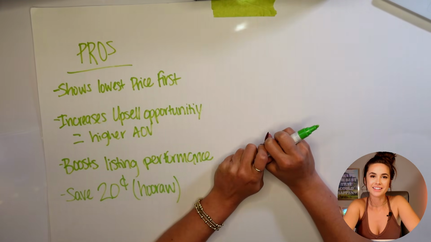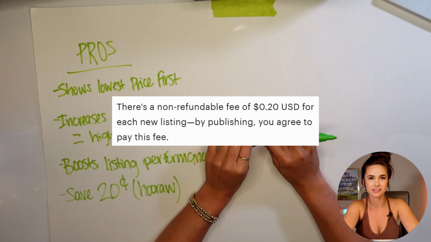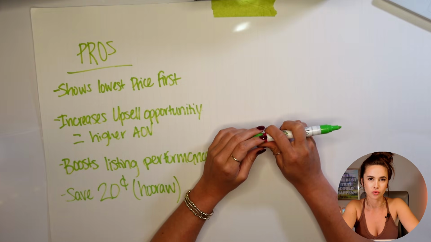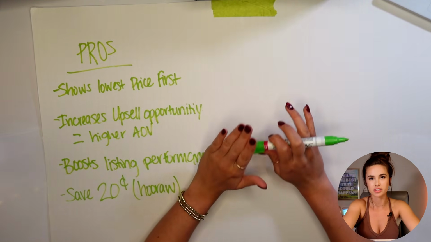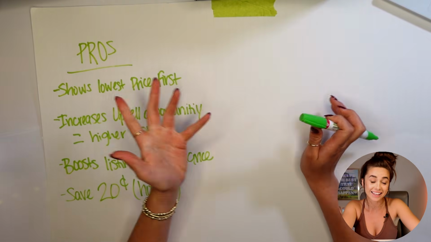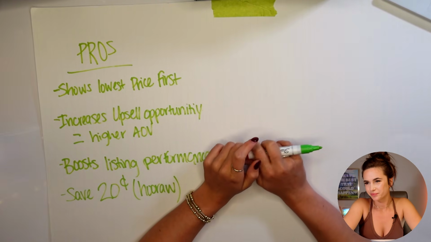Hooray. Having these in one listing saves you that 20-cent listing fee instead of having to list like 10 different products on your store and paying 20 cents per product. If you put them in one listing, you just pay that one 20-cent fee. So that adds up if you have a lot of items in your store, but it's just a little something. And then